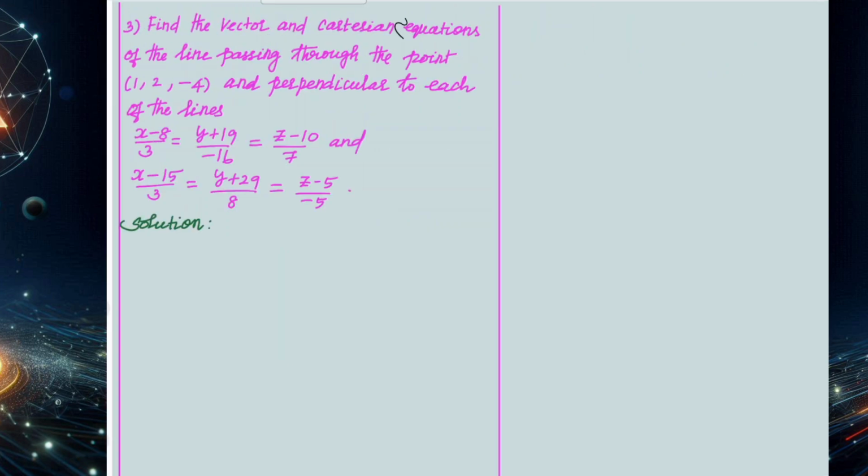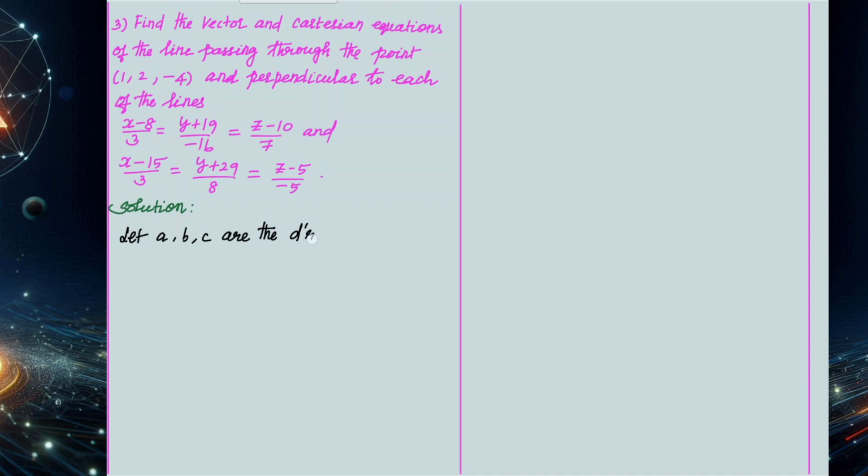Find the vector and Cartesian equations of the line passing through the point (1, 2, minus 4) and perpendicular to each of the lines (x minus 8)/3 equals (y plus 19)/minus 16 equals (z minus 10)/7, and (x minus 15)/3 equals (y plus 29)/8 equals (z minus 5)/minus 5. So